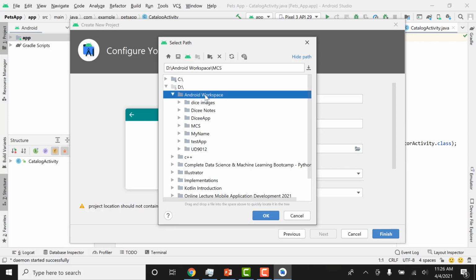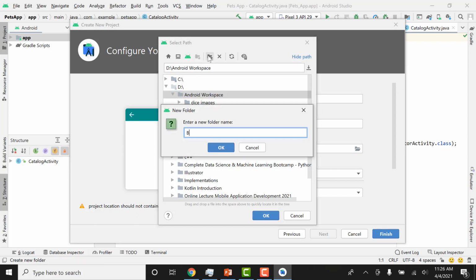So I think I'm going to select Android workspace, and then I'm going to create a new folder, and this will be BS because we have both BS and SE, so BSCS and BSSE, and I'm going to write 2021 spring.